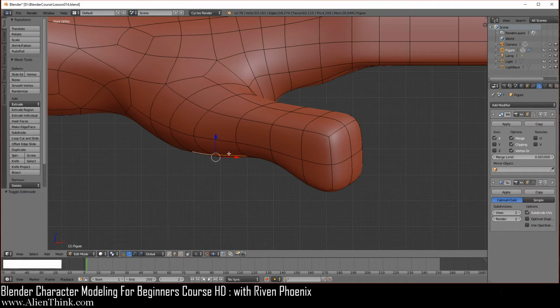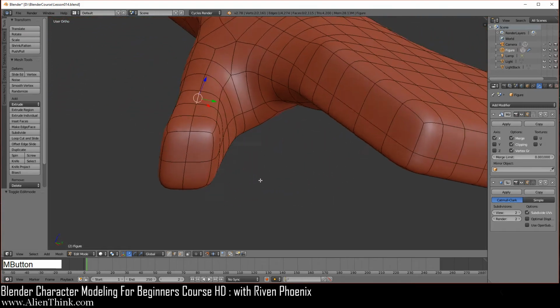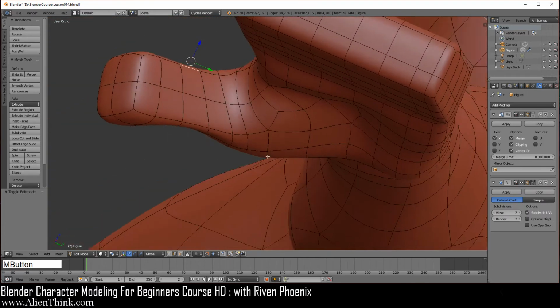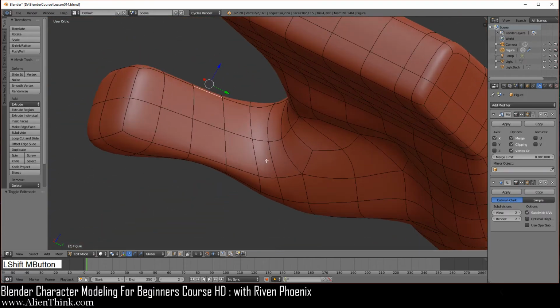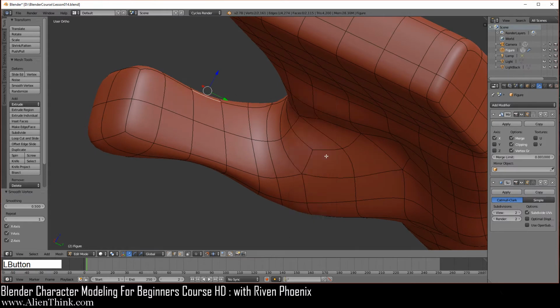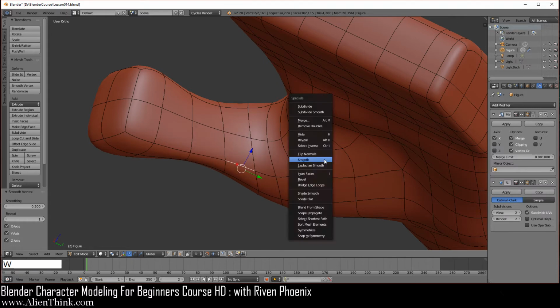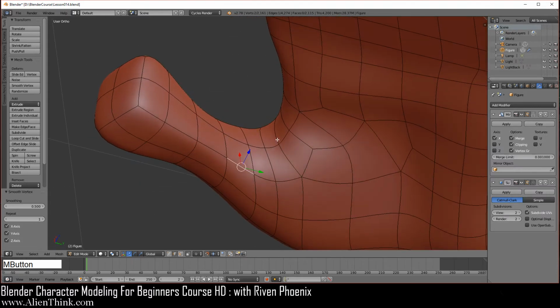Okay, where this is selected, I'm just going to click on this, but I'm going to show you how to navigate this. Right click on this one, this one, this one, and you want to now get to this one. So I'm going to use the middle mouse button over here and click on this one, just to rotate it like this. We're just going to zoom in a little bit. Now do W smooth 1, 2, 3, 4, and then click on this one, W smooth 1, 2, 3, and then 4. Now just rotate it up a little bit, click on this one, this one, this one, do W smooth one time, click on these 2 edges like this with the shift key, W smooth one time, then click on this one and then this one.